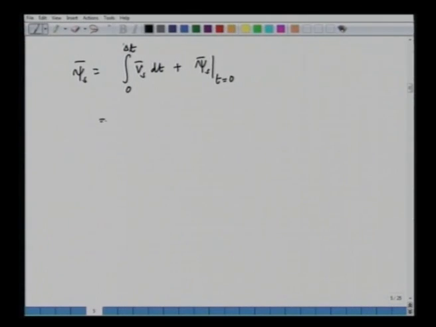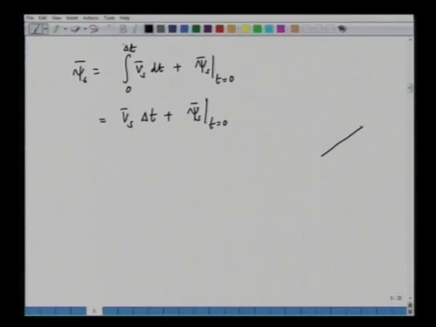So psi s is equal to Vs into delta t plus psi s at t equal to 0. So, suppose this is the initial flux psi s at t equal to 0,